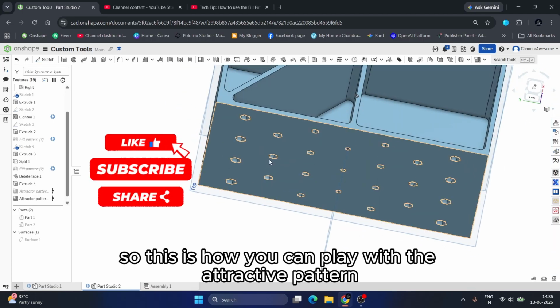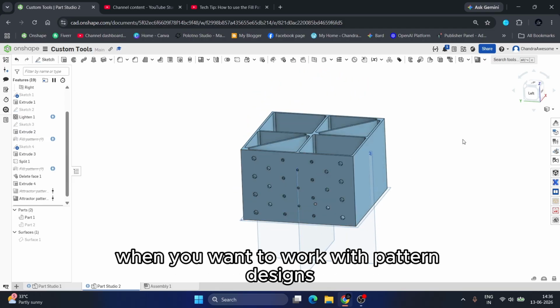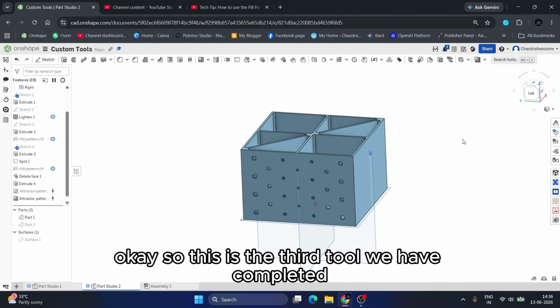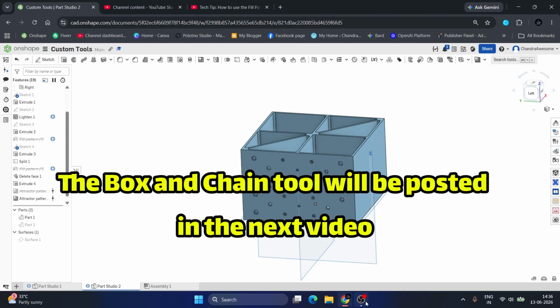So this is how you can play with the attractor pattern. This is also helpful for you when you want to work with pattern designs. Okay, so this is the third tool we have completed. We have two more tools. Let's get to the two more tools. Okay, the next tool will be